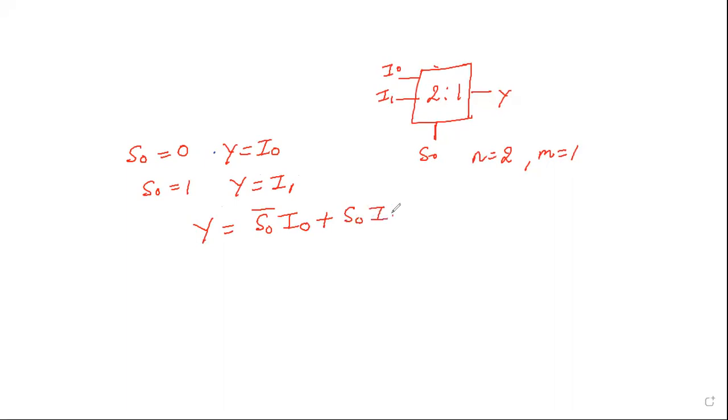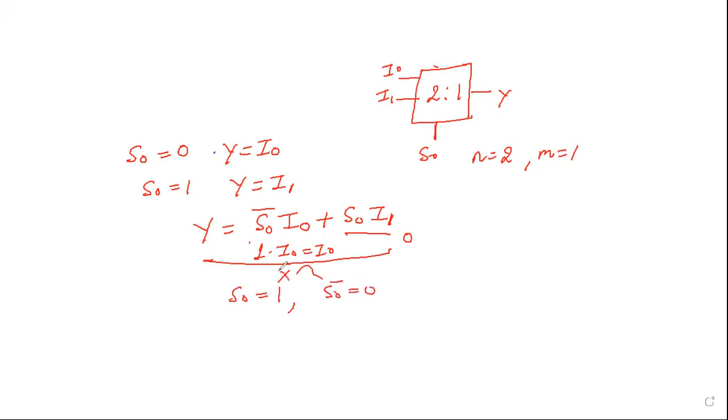Then the output is going to be, if S0 is 1, so I can combine these two above statements in this form. So this automatically, it is the same thing when S0 is 0. इसका मतलब अगर S0 0 है तो ये वाला टर्म आपका 0 हो जाएगा, so I1 is not selected, but S0 bar complement will be 1 into I0, which is equal to I0, will be selected. But when S0 is 1, then S0 bar is going to be 0.